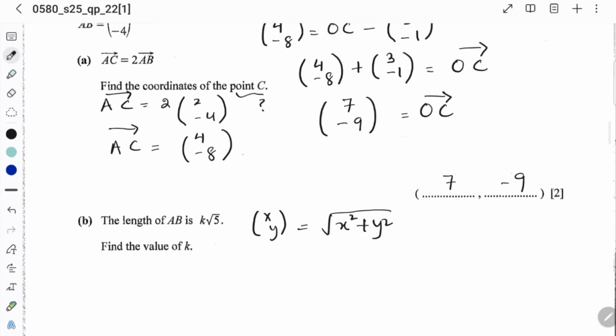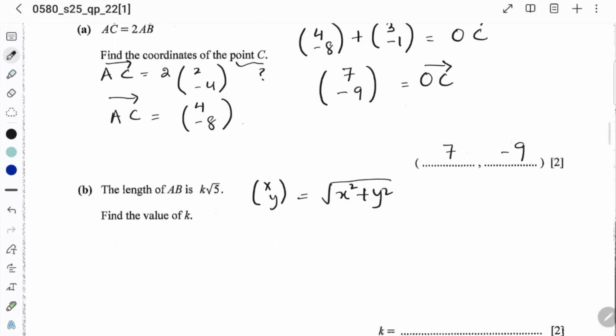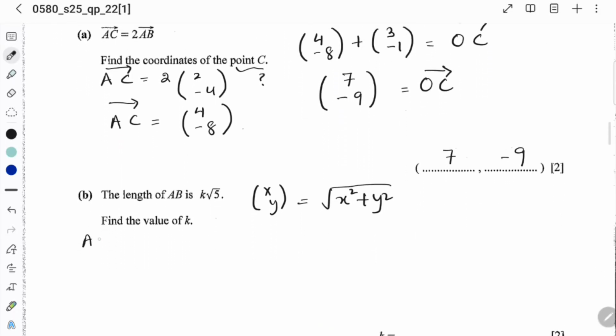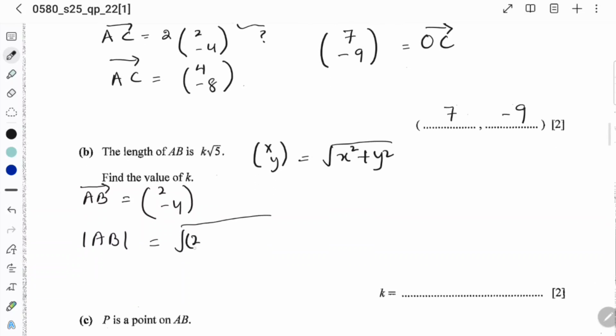We know that AB is equal to (2, -4), and the magnitude of AB is the square root of 2 square plus 4 square. And we know that the minus square is also positive, that is 4 plus 16,